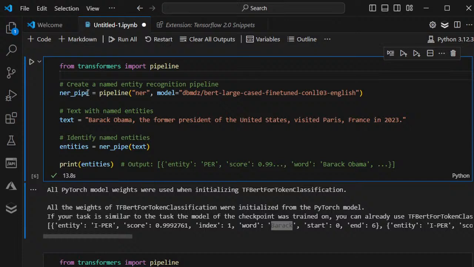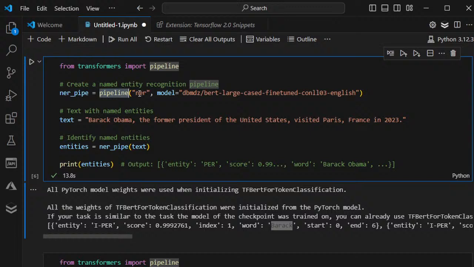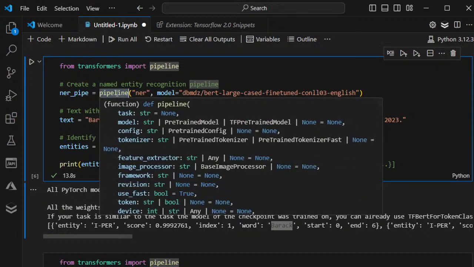We are creating a named entity recognition pipeline. Here is the pipeline function I already told you. This pipeline function is taking some parameters. We are passing the model string, and then